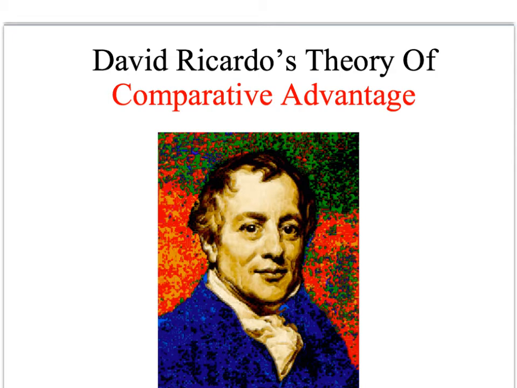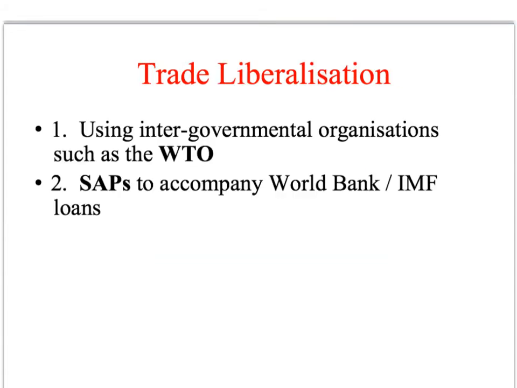So it's this process of specialization that is so critical, according to David Ricardo, and was at the heart of his theory of comparative advantage. The process of moving away from economic protectionism towards more free trade is called trade liberalisation, and this has been